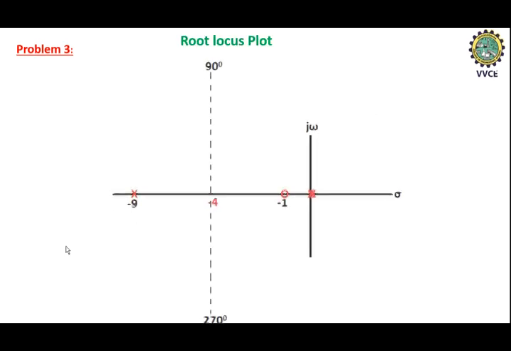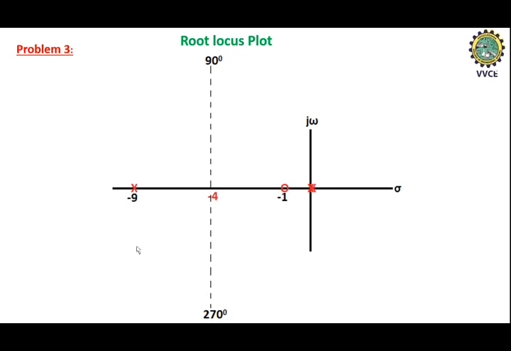Next, let us plot the root locus. The two poles are at the origin and one zero is at -1, one pole is at -9, and -4 is the centroid. Starting from here, there are two infinite directions of the asymptotes. These are just directions. This is not a plot of the root locus. You should not consider this as a branch of the root locus. This is just a direction.